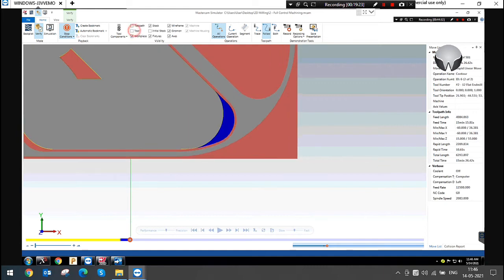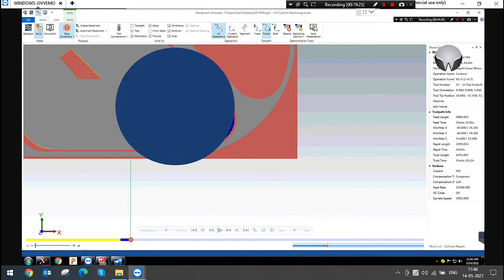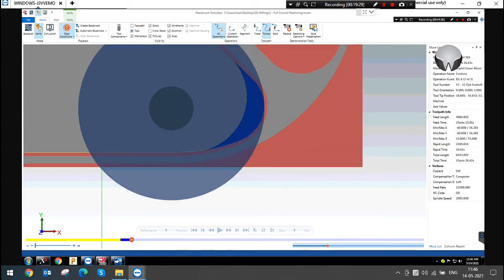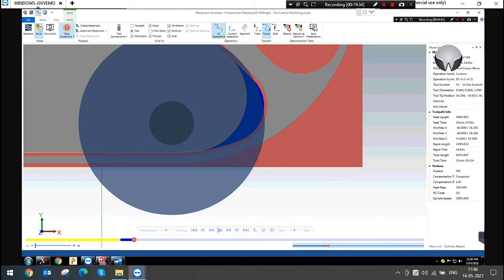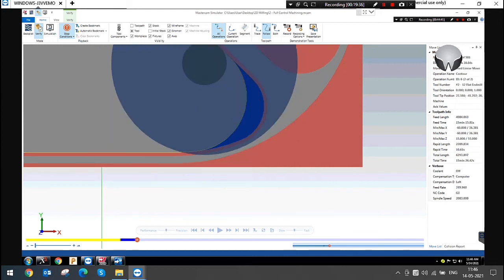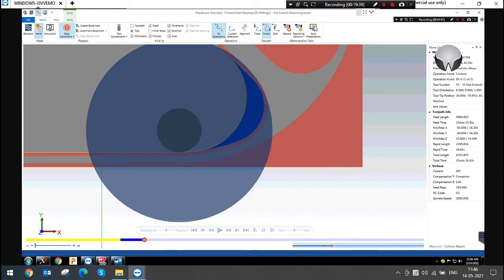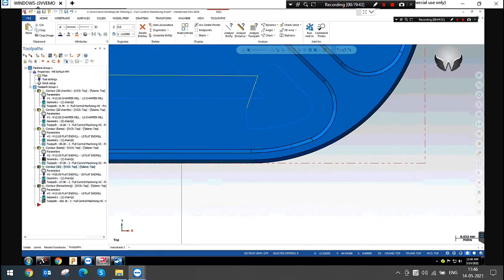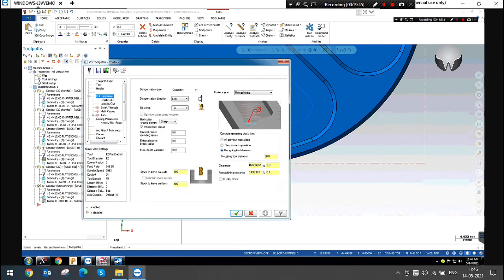Yeah, that is a clearance. You can see the 2 mm difference. It will stop 2 mm before plunge. If you give 0, it will go to the direct plunge at the leftover area.